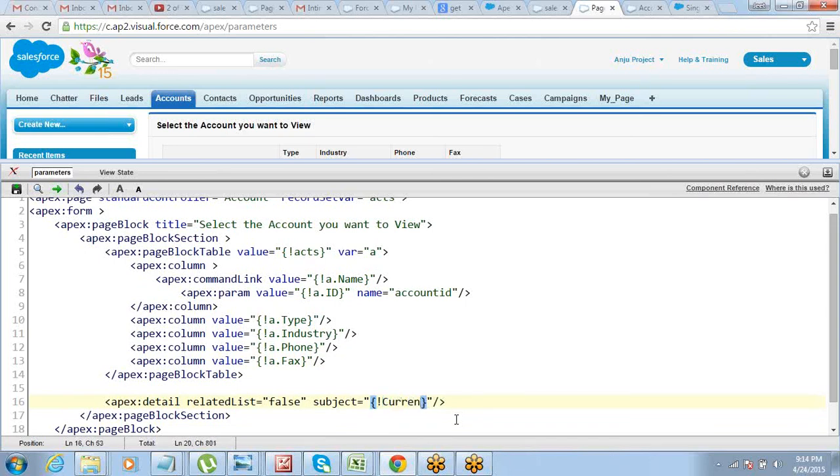It's currentPage dot parameters dot whatever name of the parameter. My parameter name is accountId. So this all is syntax. The name of the parameter needs to come here. That's it.